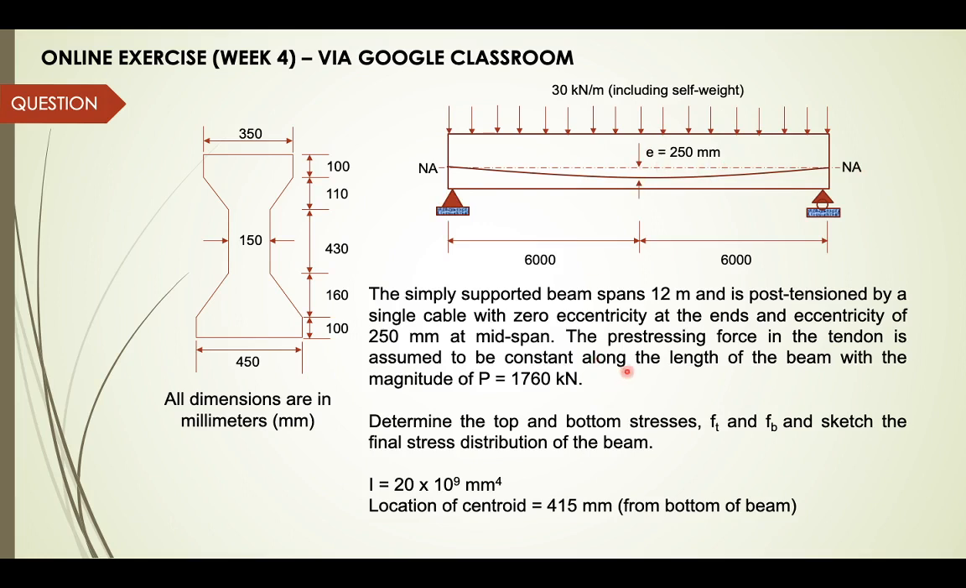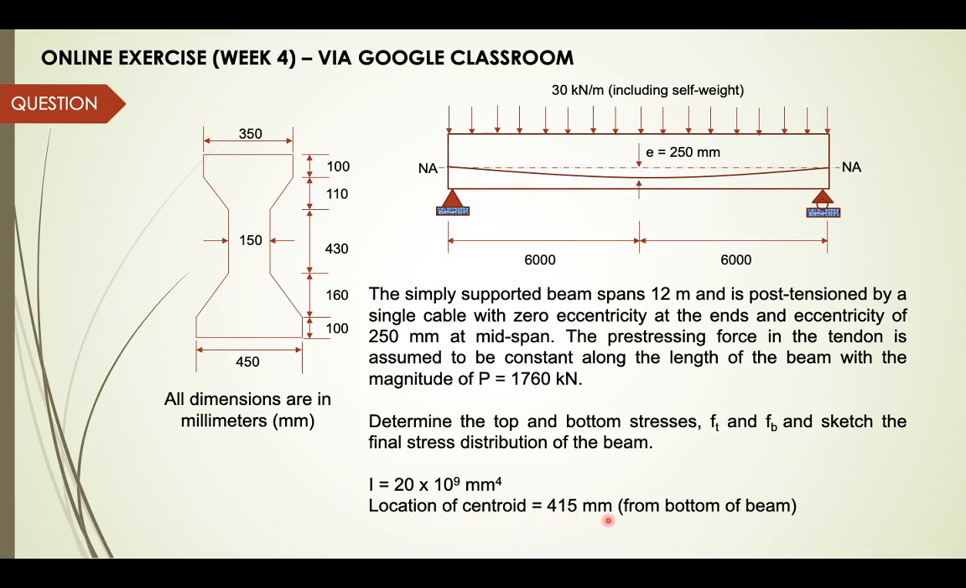Right, so the pre-stressing force in the tendon is assumed to be constant along the length of the beam with a magnitude of P equals to 1760 kilonewton. Right, so this is the value of the pre-stress force, and together with this question, we have already been given the value of the second moment of area, or moment of inertia, already calculated, which is 20 times 10 to the power of 9 millimeter to the power of 4. Okay, and the location of centroid is also given, which is 415 millimeters from the bottom of the